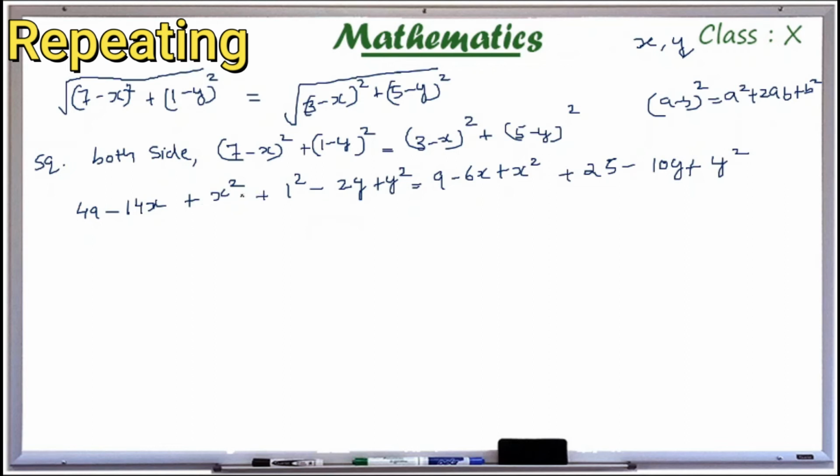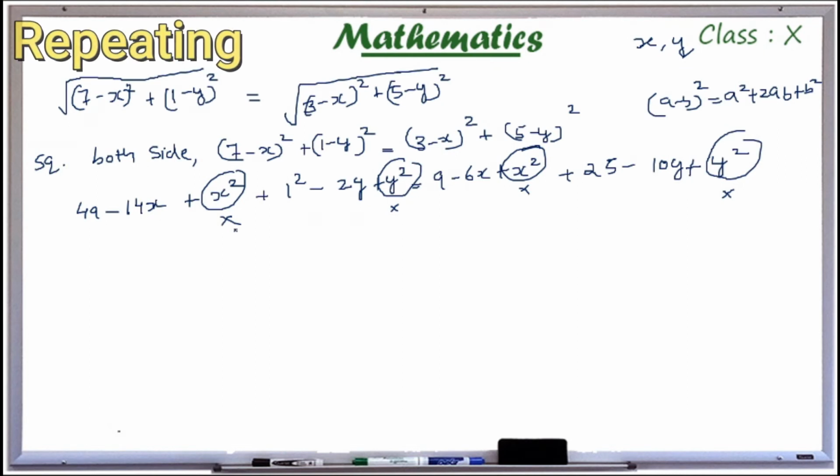So we can cancel x square and x square, and also y square and y square. So both are the same on both sides. So we can cancel x square and y square from both sides, because if we bring this x square to the left side it will become negative x square. X square minus x square is equal to 0. So no need of bringing it to the left side, just cancel if the values are the same.